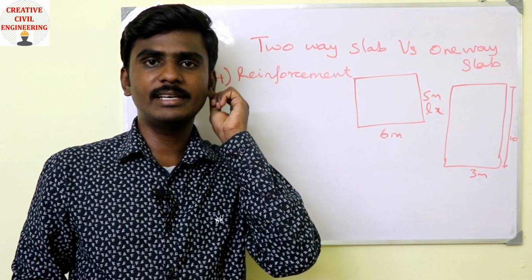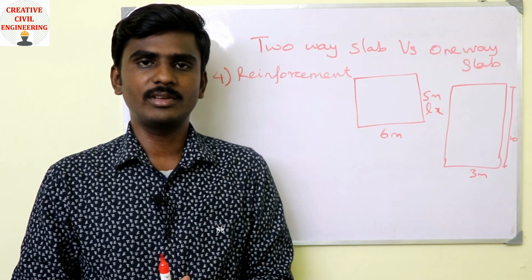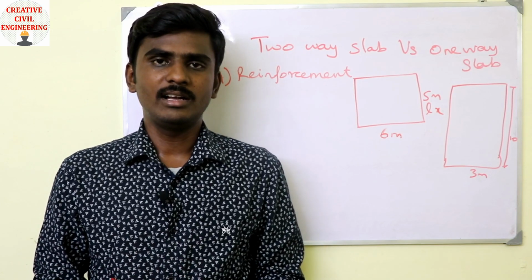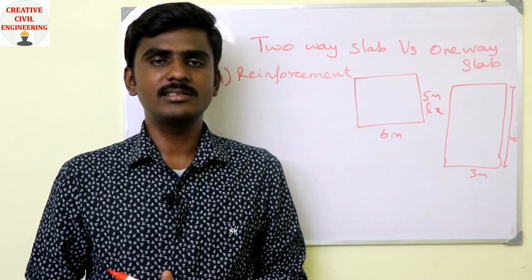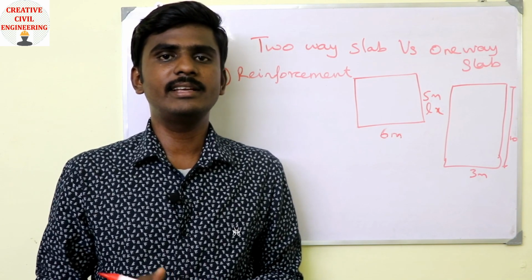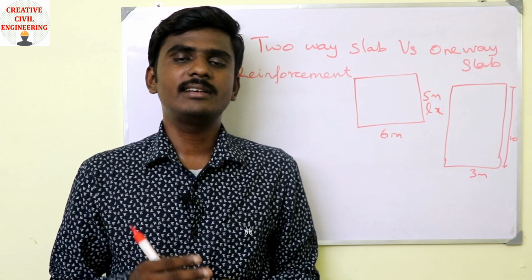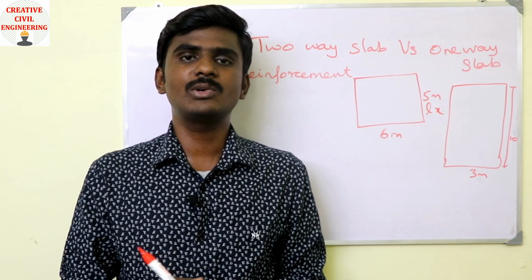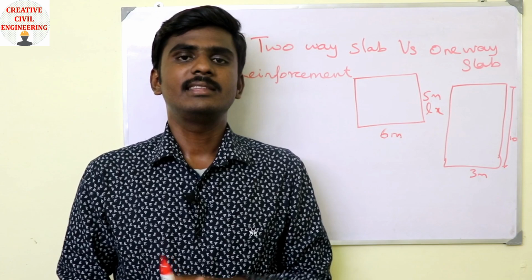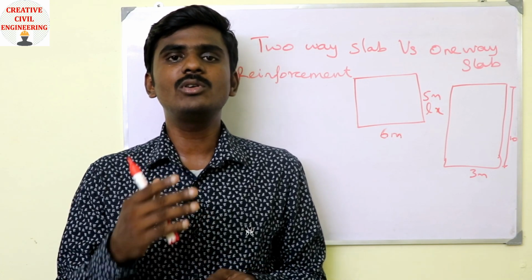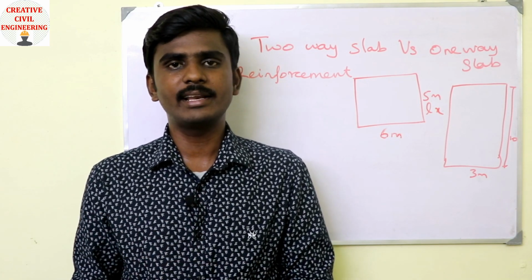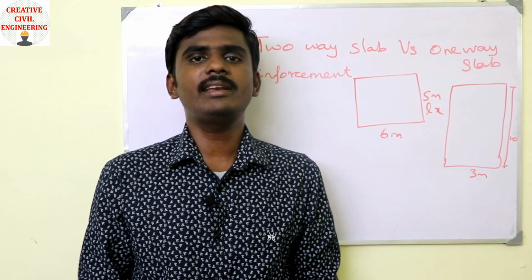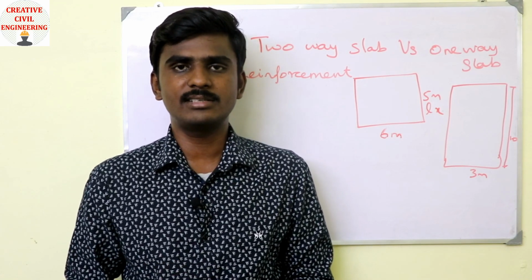Okay, the difference depends on reinforcement direction. We can say the concrete is mostly RCC. Mostly the slabs are provided in RCC manner, that is, steel is reinforcing inside the concrete. So for the direction of the steel, we have two reinforcements. One is main reinforcement, another one is distribution reinforcement. The main reinforcement is provided in both directions, in X as well as Y direction, meaning that it is a two-way slab. In the other case, for one-way slab, the main reinforcement is provided only in the shortest direction, that is the Lx direction.